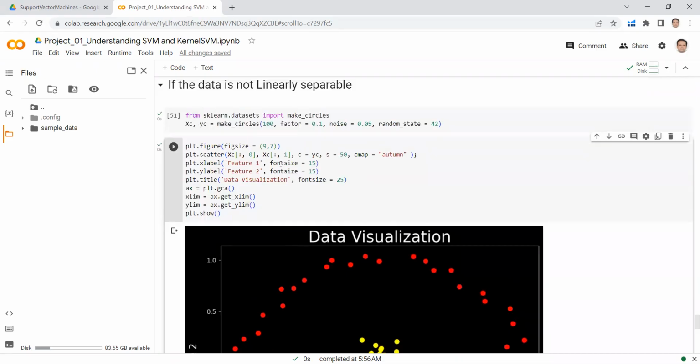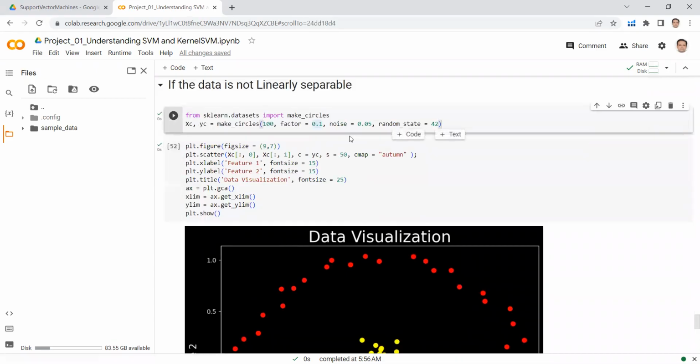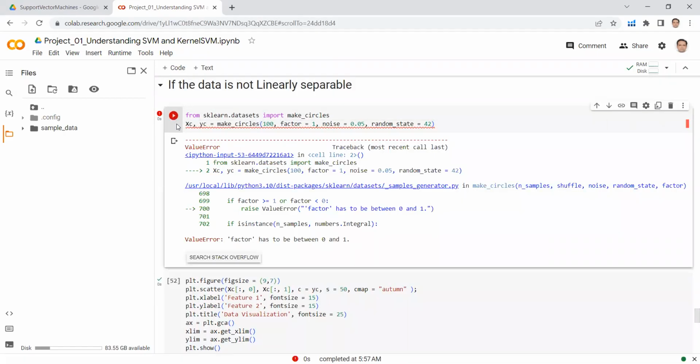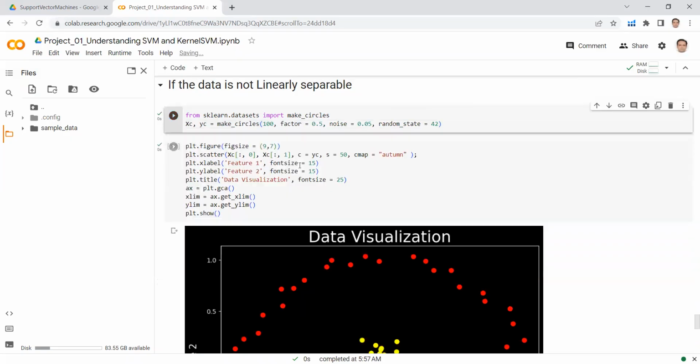Okay, so this factor is important. If I set this value equal to 1, meaning I have increased this value, what will happen if I increase the value of factor? The factor has to be between 0 and 1, so we cannot set the value of 1. So let's suppose its value is 0.5. When the value of this factor is 0.5, in that case, if I plot this,